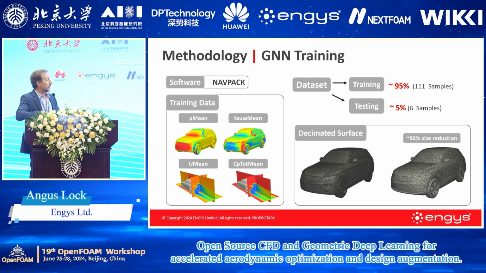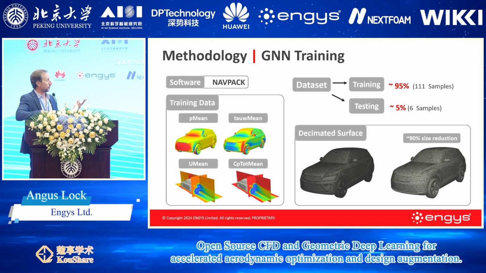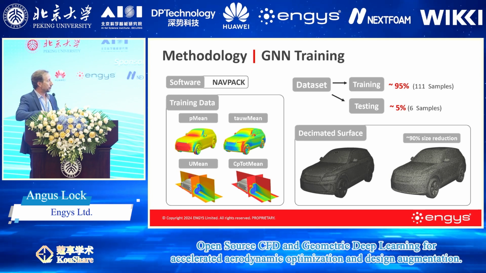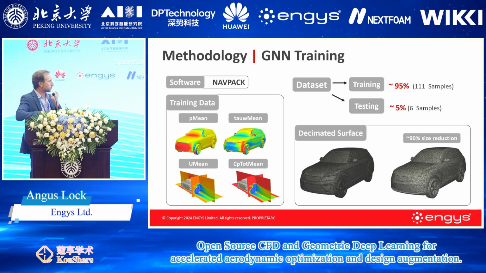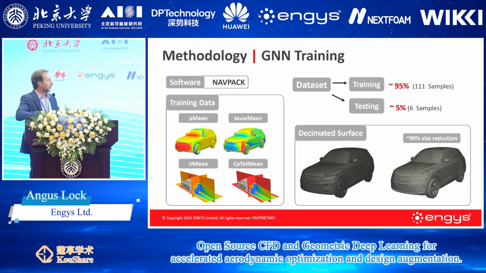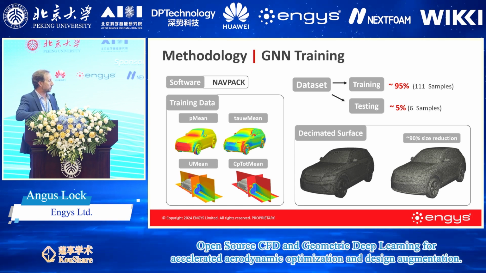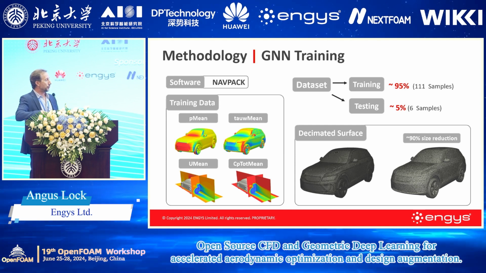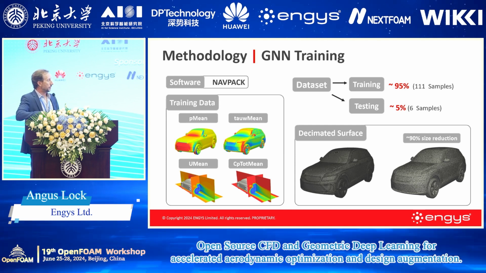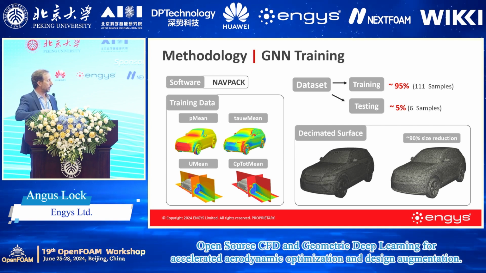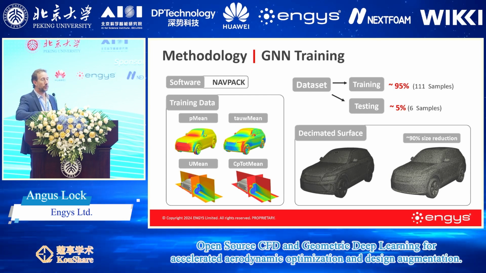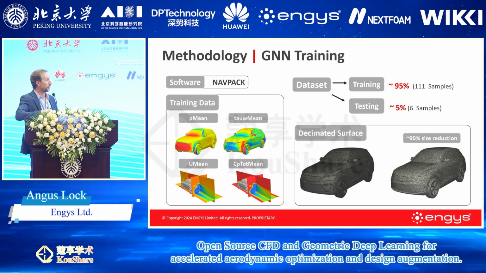And that training data, as I mentioned earlier, focused on two different areas. So the surface of the vehicle, we were looking at mean pressure and mean tau, and then also looking at mean velocity and mean total pressure on some slices in the flow. And so we're actually training on all of that information, and so we're not just looking at the scalar output, or 1D output, of the drag coefficient. We're looking at the flow field around the vehicle, and that's really important to try and understand what's changing when we're moving surfaces around.